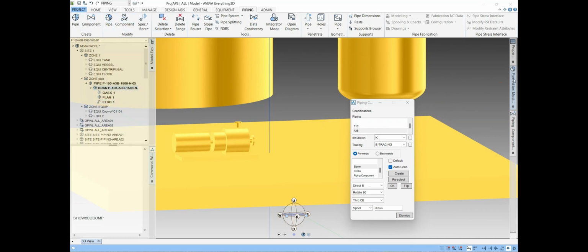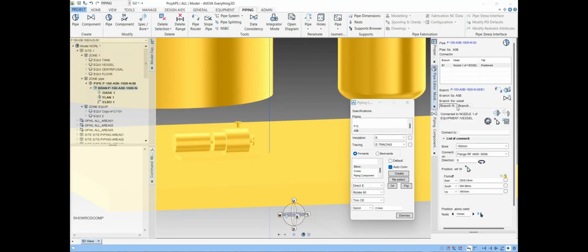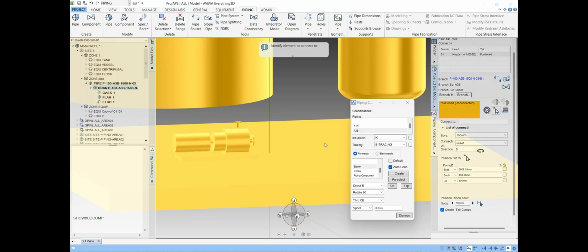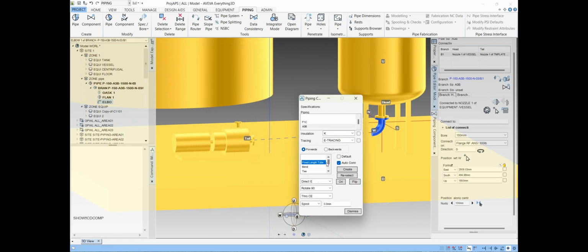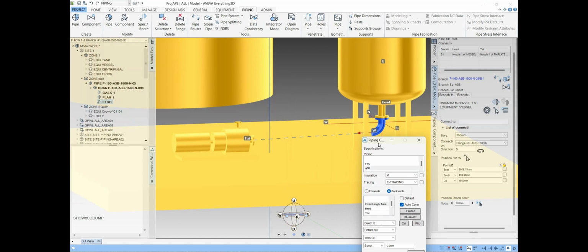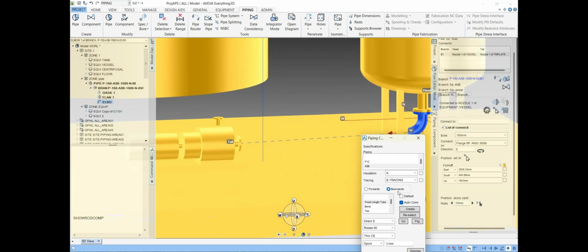Modify pipe, branch tail will be this nozzle of the pump. Now stand on this elbow. In the forward direction we will create the next component. We will try to create in a backward mode. Simply click back